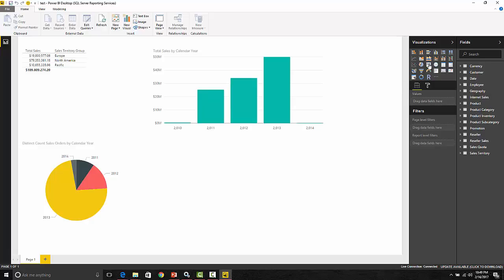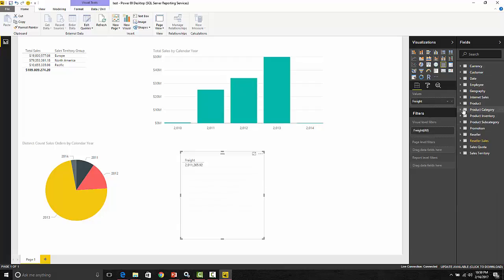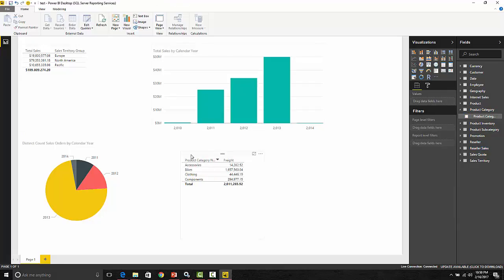Okay, now let us try to add one another new table for our testing purposes, and then let's try the product category. Based on this product category, it is showing some freight amounts for us. Let's change the order of this one. Now as we made this change, let us just save this report,